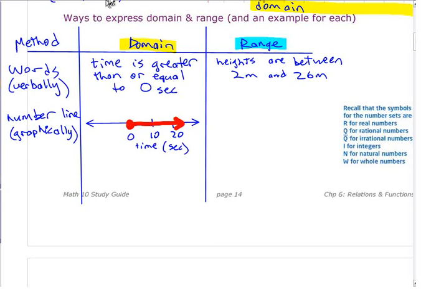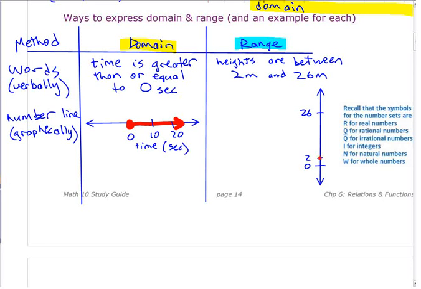If you made a number line for the other thing here, I'm actually going to make the number line this way because, why would I make the number line this way for this? Because it's height and we get mixed up otherwise. I'm going to put 0 here. And I'm actually just going to put a 2 there, you don't have to put a million numbers on there. If you have grade 8s make number lines, they go 2, 4, 6, 8, and they put every single number on there. You don't need to put every single number. It's enough just to put a few reference points on here. If you're putting this on here and the highest is 26, you could also put another one above that if you want, but